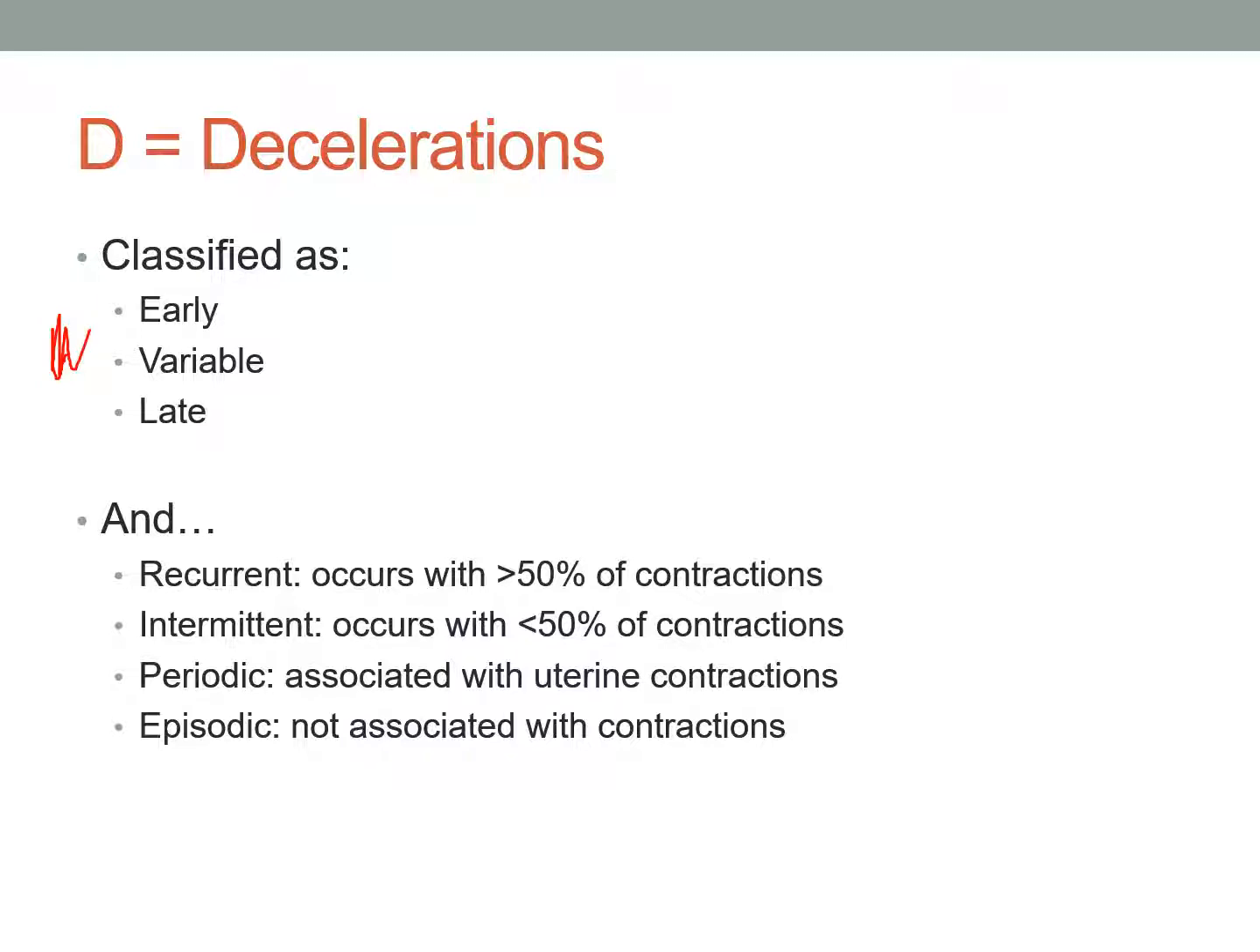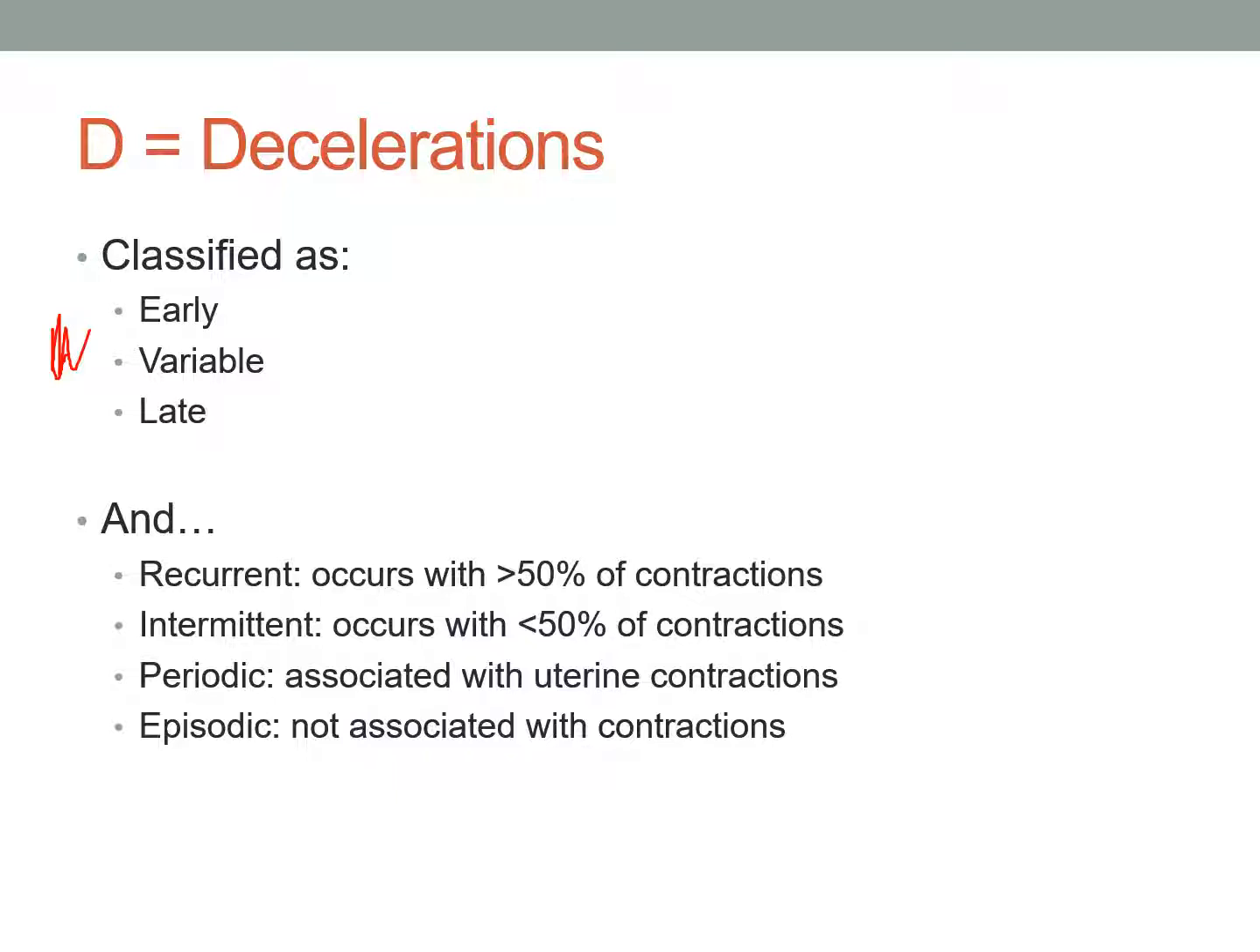Also, you do need to know the difference between recurrent, intermittent, and then periodic and episodic. So these are pretty simple definitions. You might want to write them down for later. So a decel is recurrent if it occurs with more than half of contractions. Decels are intermittent if they occur with less than half of contractions. Decels are periodic if they are associated with uterine contractions, and they're episodic if they are not associated with uterine